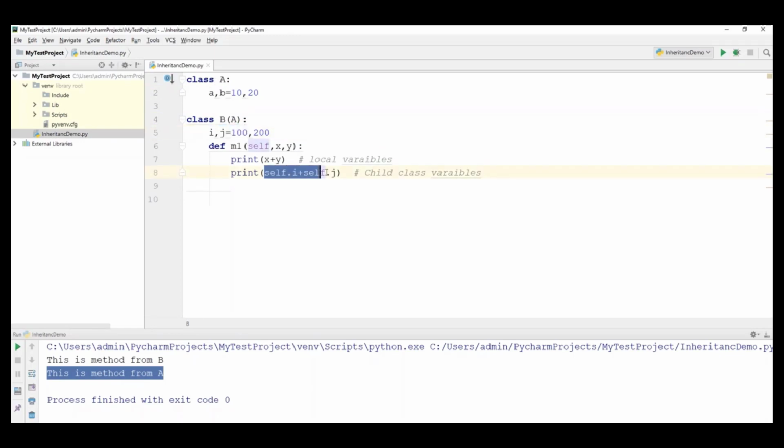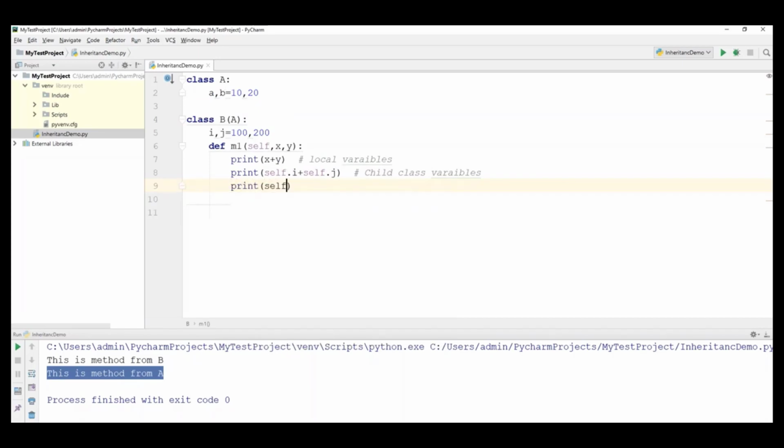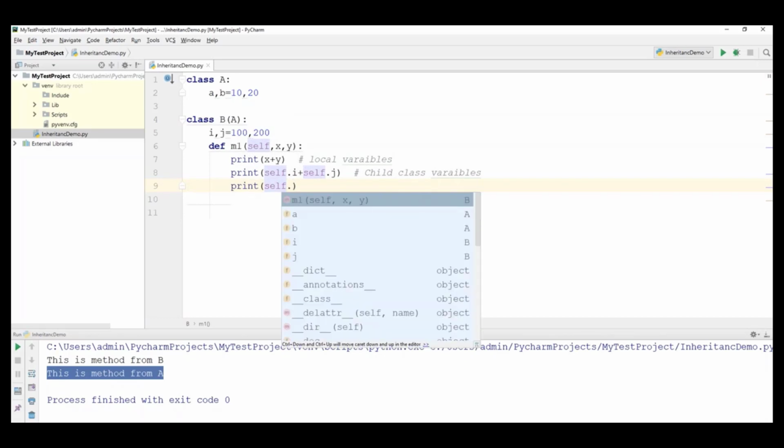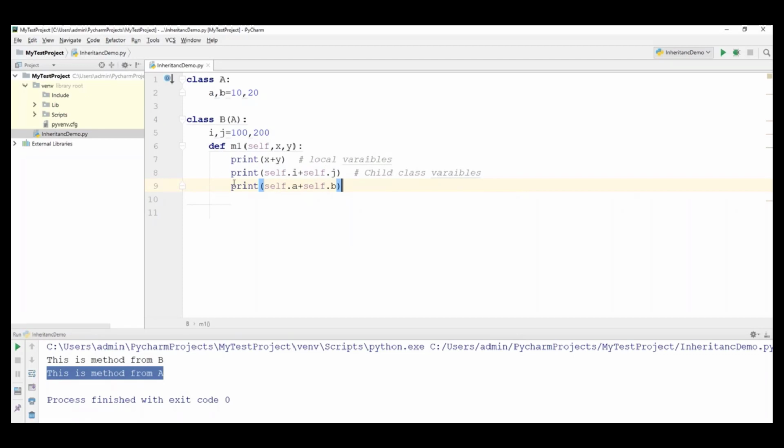So self dot i, self dot j means we are adding the variables which are coming from the child class. Now I want to add the variables which are coming from class A. How can we do that? Again we have to use the self keyword. Self dot a plus self dot b. So these are the child class variables and these are called parent class variables.